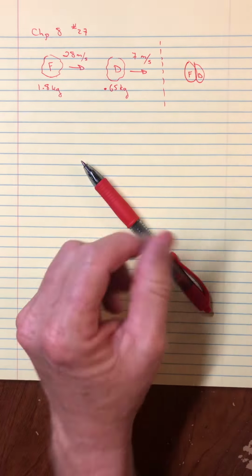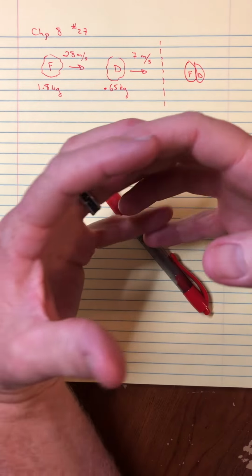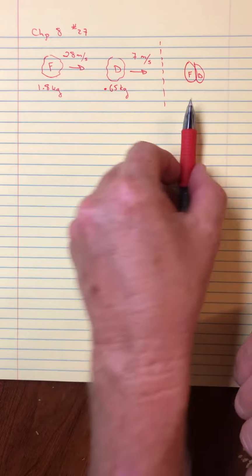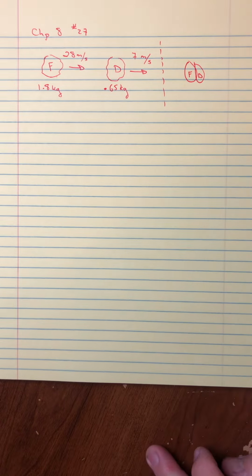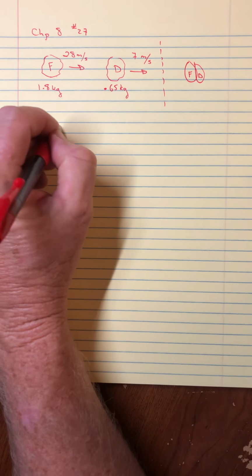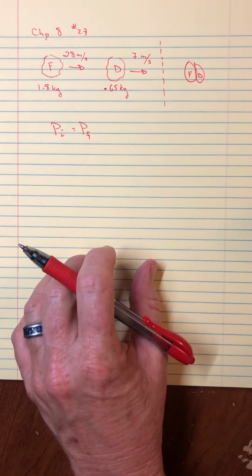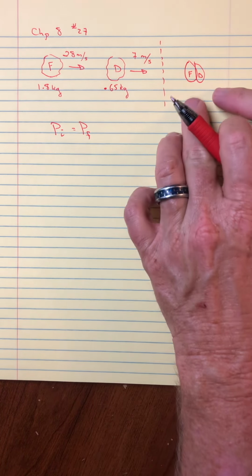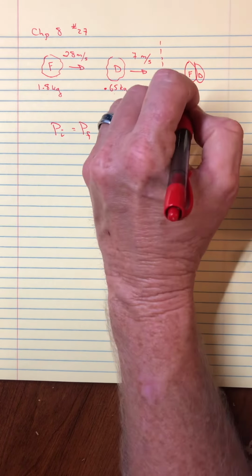And let me just repeat. Elastic means that there is no bumping and rubbing of the molecules. Actually, sorry, what it means is the kinetic energy before is equal to kinetic energy after. So not knowing if it's elastic or inelastic, because they haven't told me, and that doesn't matter for momentum, I'm going to begin this problem by just saying the momentum before is equal to momentum after. And speaking of after, I'm going to then think of that as one big object now that the two have combined together.